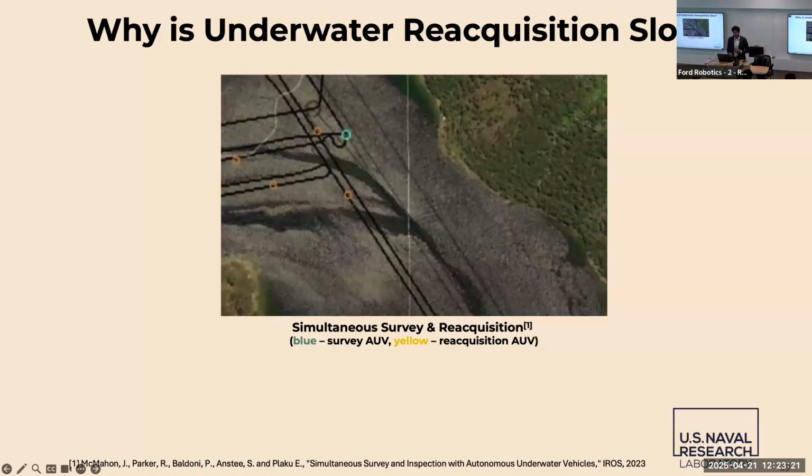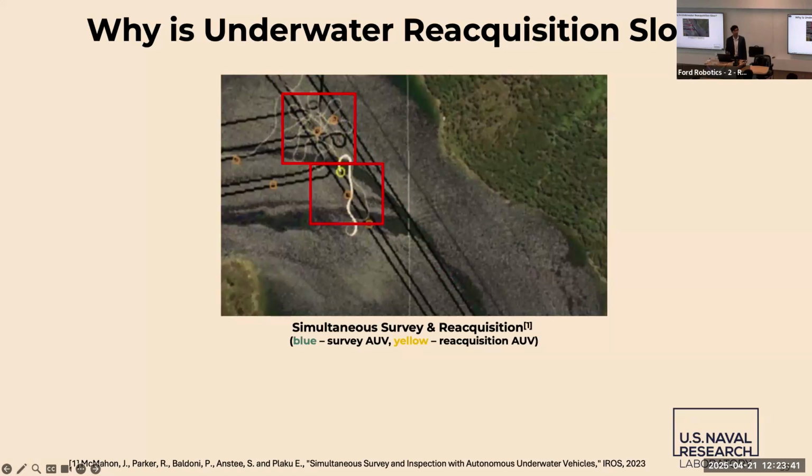This video is taken from some prior fieldwork by the Naval Research Lab collected during field trials in Australia. The blue vehicle finds targets, then tells the yellow vehicle to check them out. You can see in this red box, the yellow vehicle is exhaustively re-inspecting found objects. And you can see that it moves on to the next object after it has inspected the previous one.